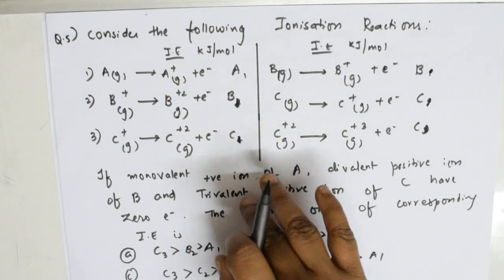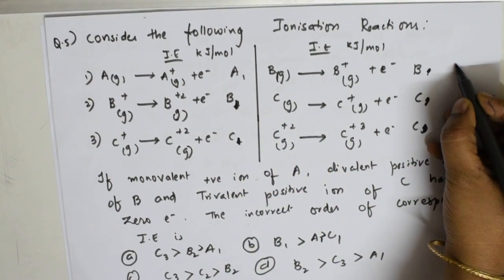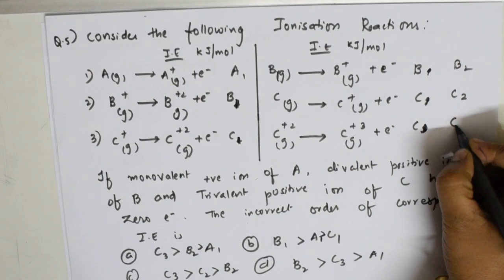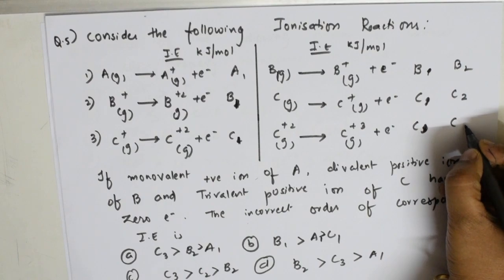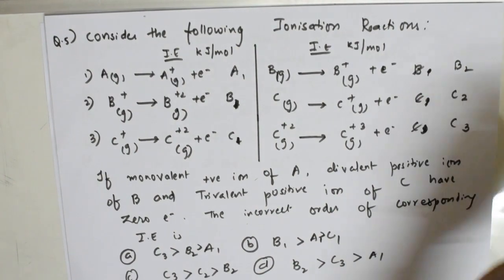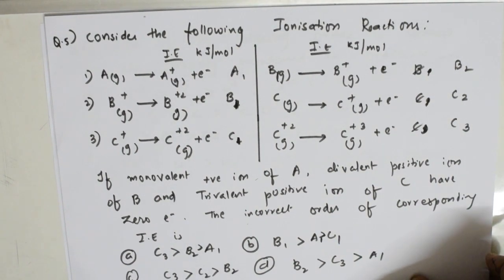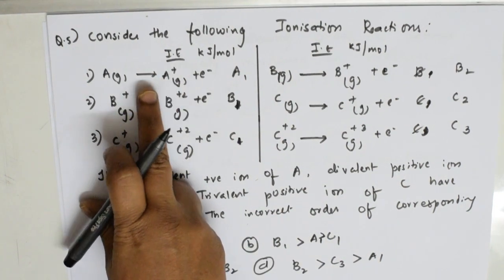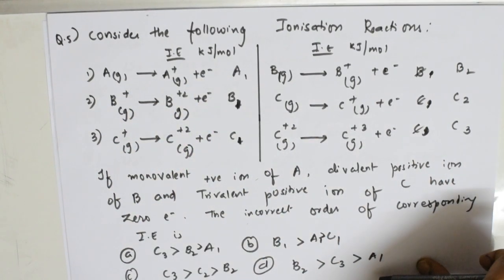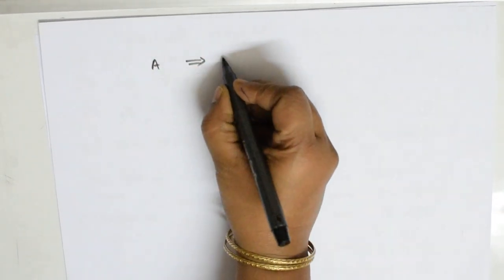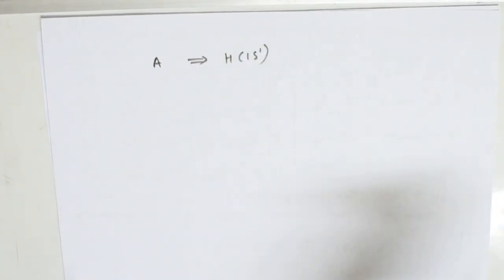This is A, B, C. If I have to take the second one, this is B2, this is C2 and this is C3. Okay, I'm sorry. So this one, let me take out this and make you understand. Now here they said the first thing, it is losing 1 electron here, correct, right? So if it is losing 1 electron, A should be hydrogen, because it is losing only 1 electron. So the first one is hydrogen, 1s1 after losing 1 electron, right?